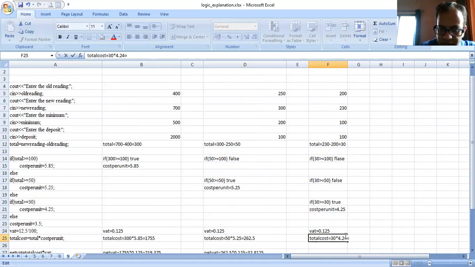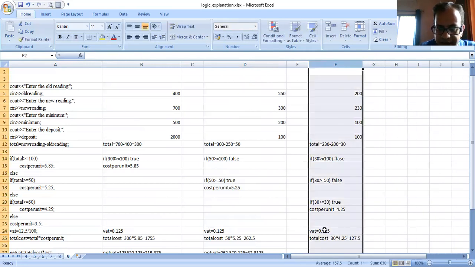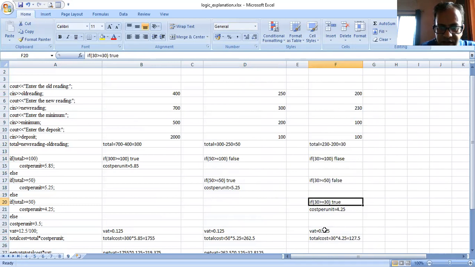So 30 into 4.25, the answer is 127.5. So 127.5 will get calculated here. Now from here we are calculating the net amount, that is, net VAT.